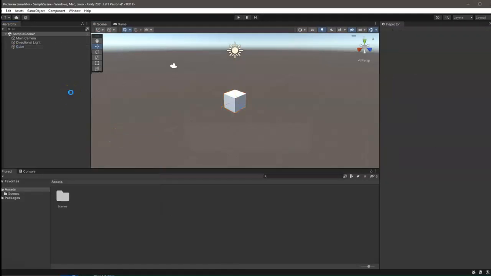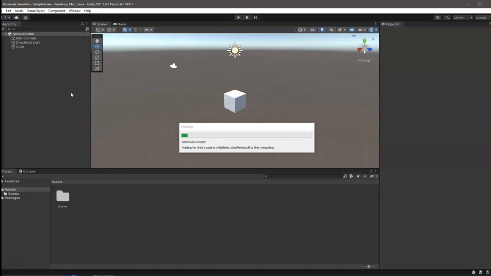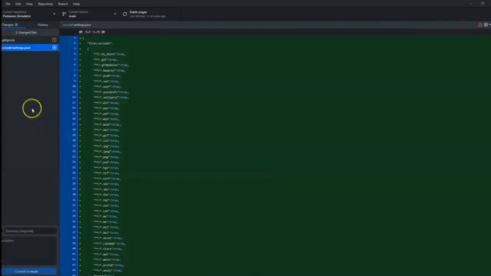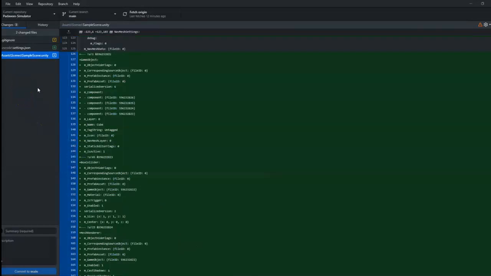and then just save and then go back to GitHub Desktop. Now we can see here that a file is added, signifying that a change has been made. Specifically, it's in the assets scenes and our sample scene. Now we're going to be committing this to our local repository, and then we're going to be pushing it to